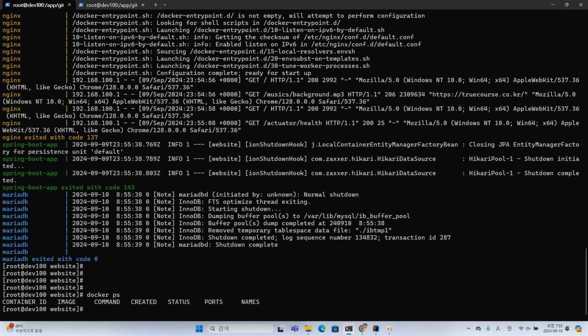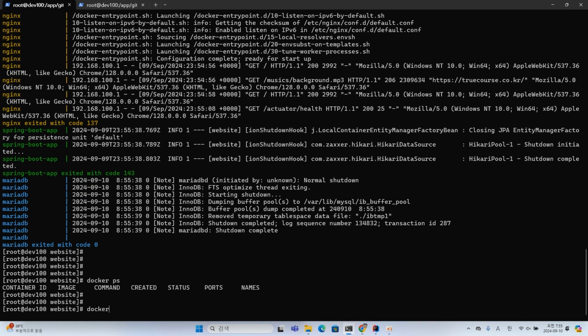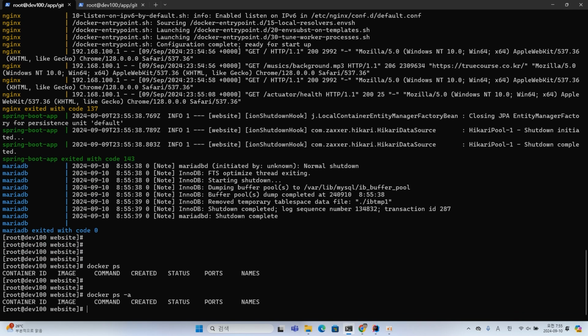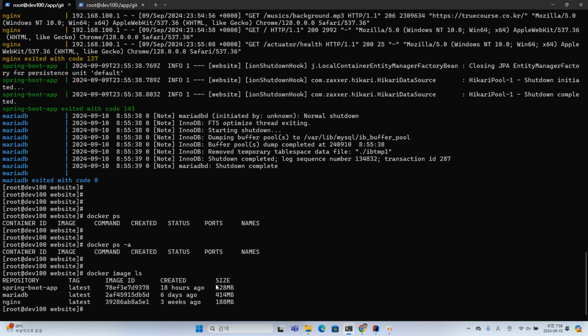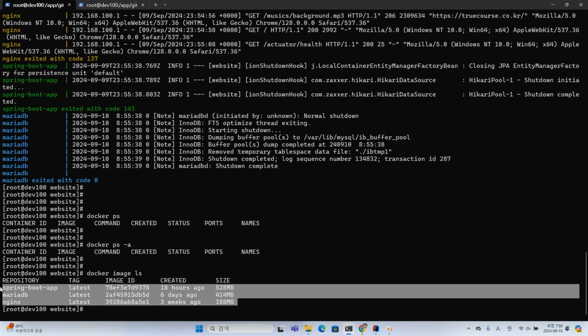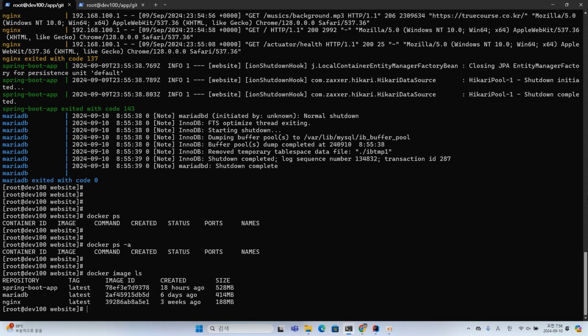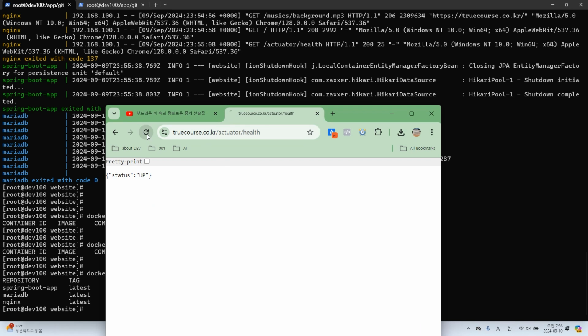Check the running container and check all containers. Let's check if the URL is really not working now.